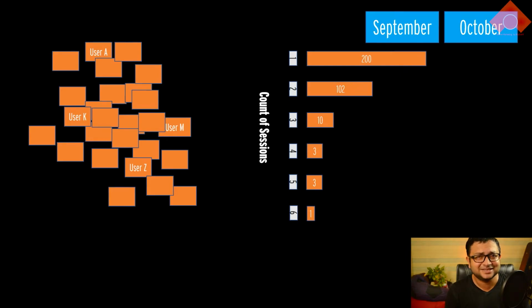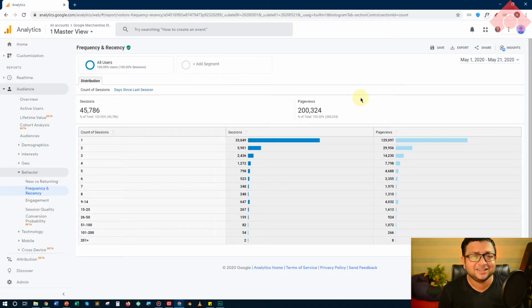Now, if this makes sense, let's go back to the Google Analytics report, and now you will find that you are able to gain more from this report. We will shortly see how to analyze it and where the pitfalls are, but I hope you are able to grasp till now what is going on with this report, right? Let's go back to Google Analytics now. Now, in this frequency report, you will see that I have selected a period over here, and then I am able to see the report related to count of sessions over here, right?